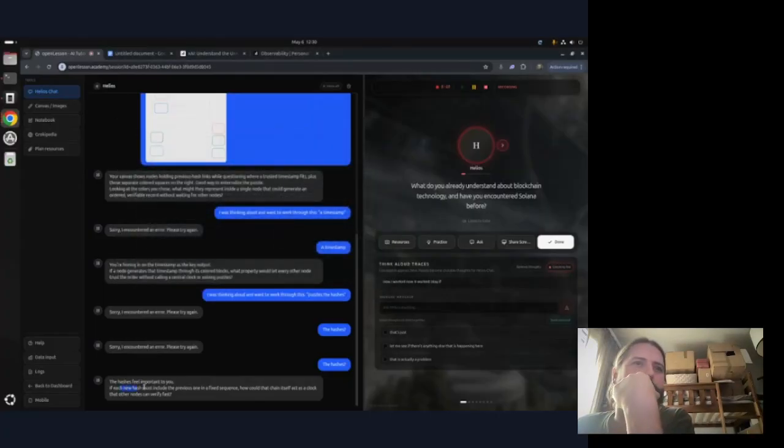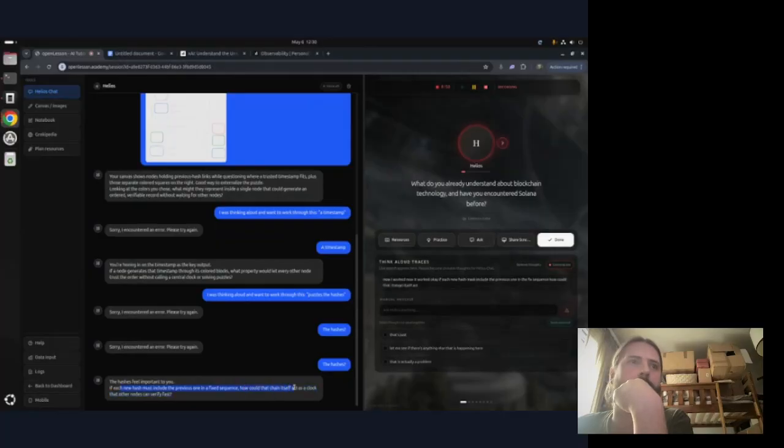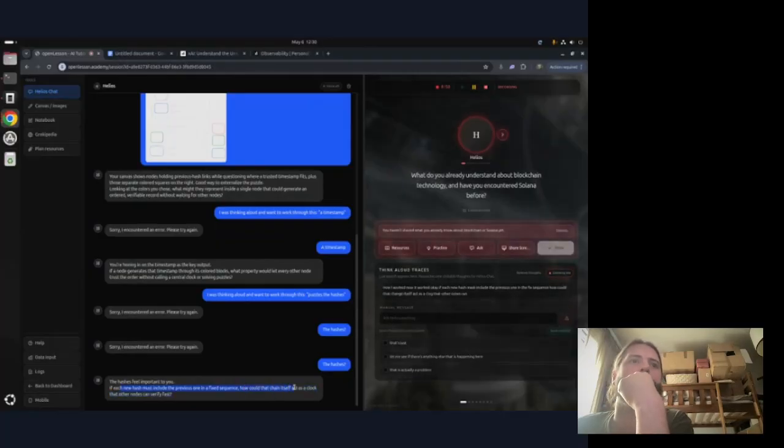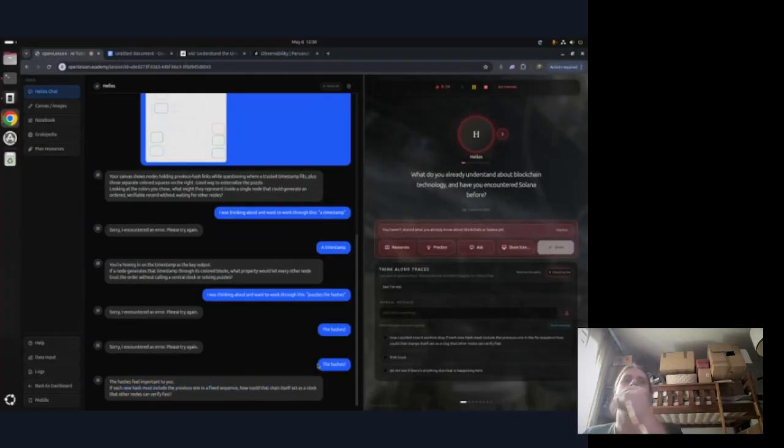Okay. If each new hash must include the previous one in a fixed sequence, how could that chain itself act as a clock that other nodes can verify fast? But I'm not so sure. I don't think that's the problem here, right? The problem is that